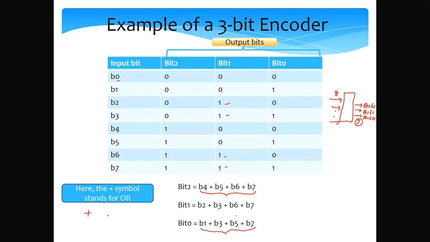All that we need to do is implement the Boolean equations that we have over here with logic gates and we are all done. For a 4-bit or a 5-bit encoder, the logic will change in a similar manner. We need to make a table as shown over here. For each output bit, we need to find out for which inputs it's set to 1, write appropriate Boolean equations and implement them.